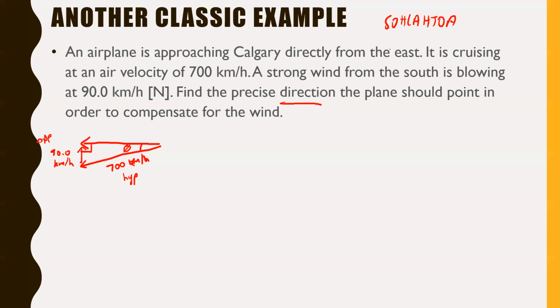Since we have opposite and hypotenuse, that means we're going to use sine because it has opposite and hypotenuse in it. Let's go from there. So sine of our unknown angle equals opposite, which is 90, over hypotenuse, which is 700. And as we hopefully are used to by now, to get theta all by itself, we just need to take inverse sine of both sides. Inverse sine, we'll get rid of sine here. Inverse sine, just because you got to do the same on the other side of the equation, right? Anyway, inverse sine of 90 divided by 700. This is going to give me theta equals, to 3 sig digs here,